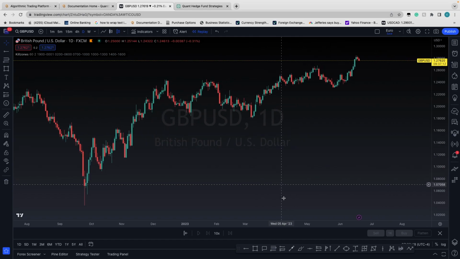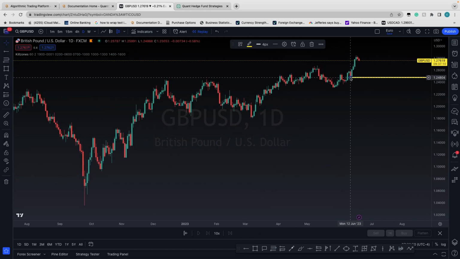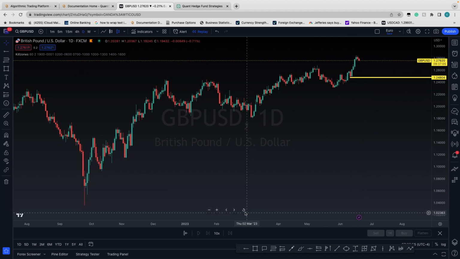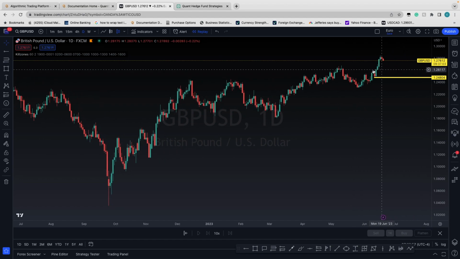Pound USD, exact same thing. So I would need to see us break either these swing lows or set up new swing lows and then break those, because we're currently in an uptrend and we most recently broke these swing highs. Aussie USD,